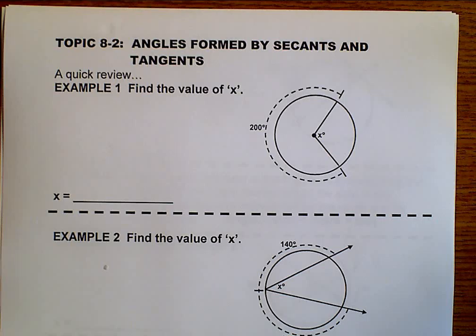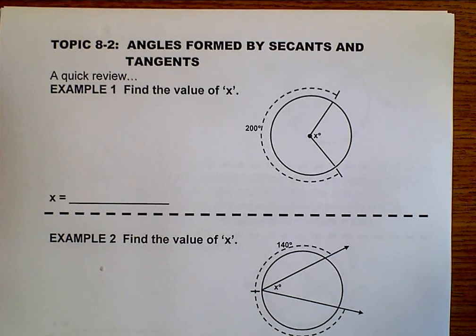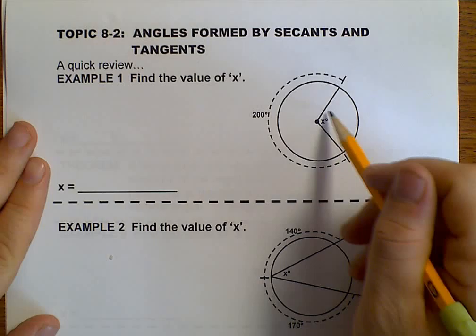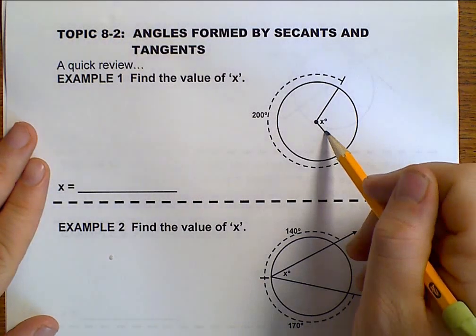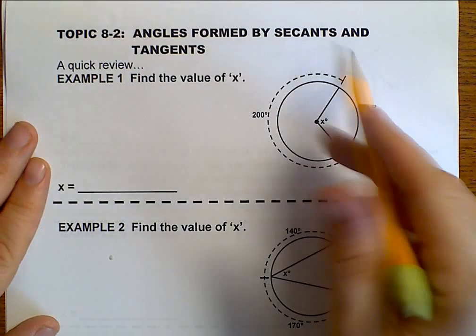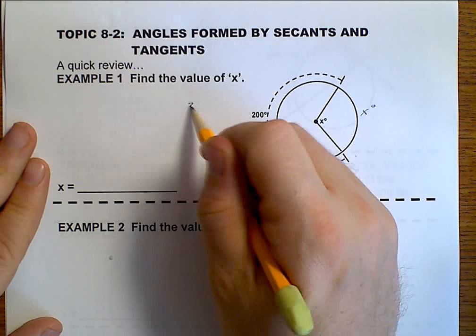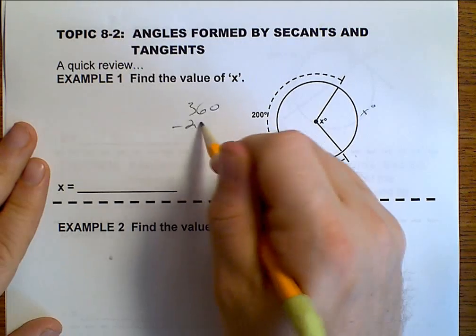Hello, this is Geometry Topic 8-2. We're going to be talking about angles formed by secants and tangents. So just as a quick review, I have a central angle. This is x degrees, which means that this is also x degrees. A circle is 360 degrees, so since this is everything except 200, I can do 360 minus 200 and get